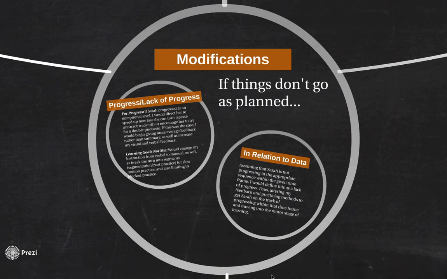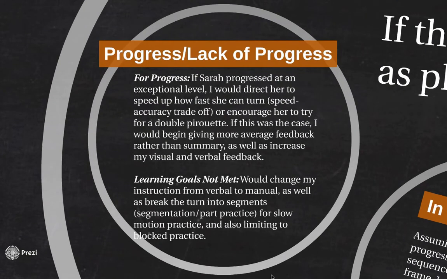There we go. Modifications. So if things don't go as planned, this would be how I would adjust. So there's progress or there's lack of progress. If Sarah was progressing at a highly exceptional level, meaning first session she's getting the turn correct, she's doing it in a manner that the body position is correct, the timing is correct, the mechanics of it are correct,